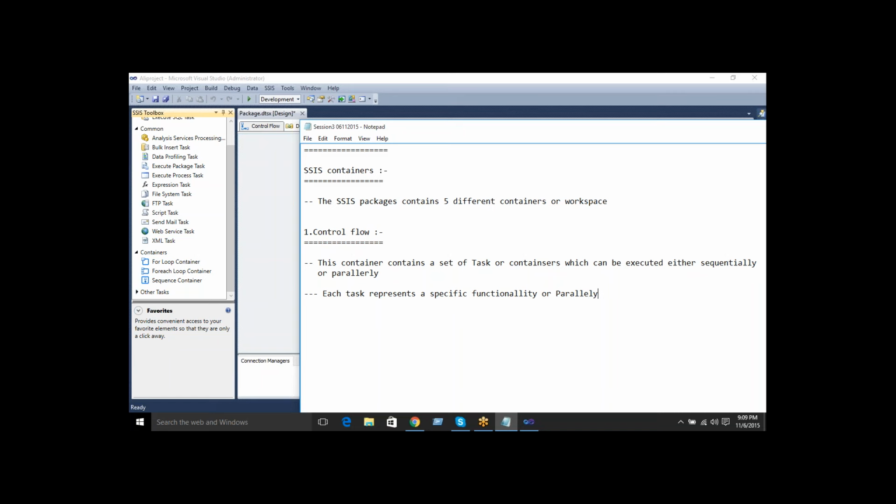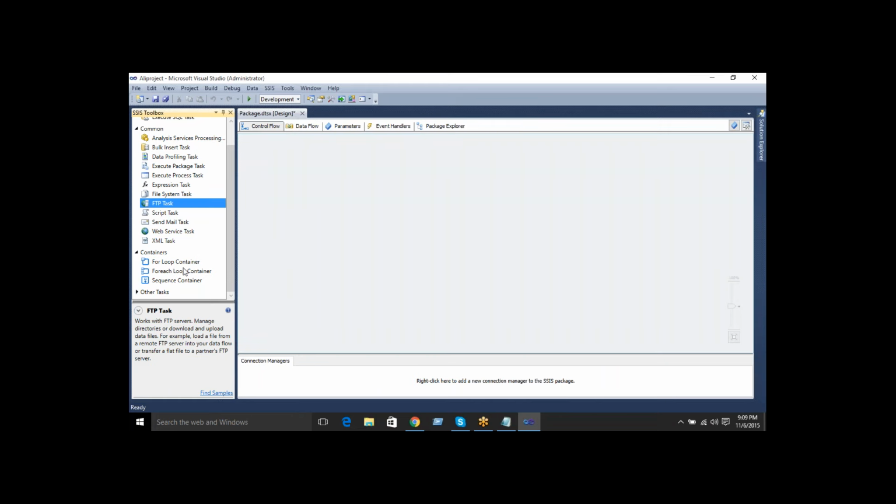What does each task mean? For example, there is an FTP task. What is the FTP task? It is used to send and receive files from an FTP website. FTP means file transfer protocol.